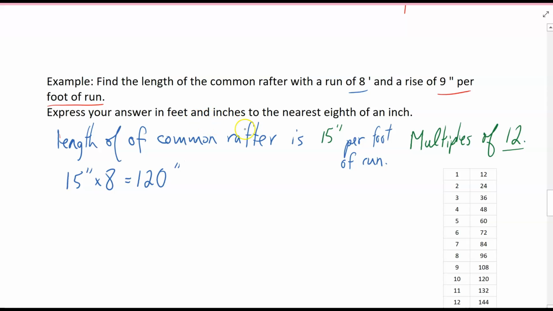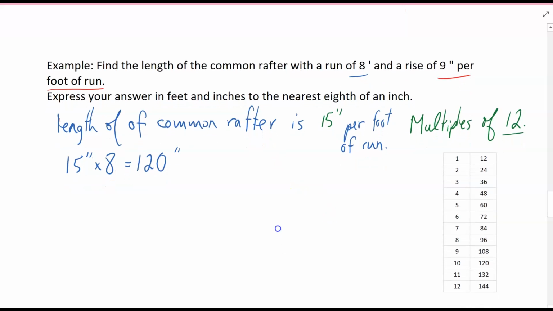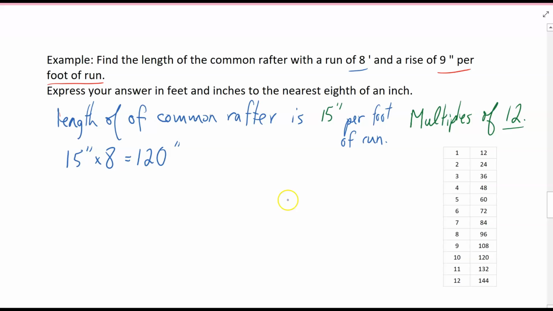We want this in feet and inches. Well, since I want to go first to feet, I will have to divide by 12. And actually, this little table I have here tells me that 10 feet is 120 inches, right? But anyway, let's just follow the same pattern we've been doing. Inches divided by 12 equals 10 feet. And actually, it's completely even. We don't even need to go further. So that one, we got a little bit of a break on. 10 feet even. So 10 feet is the length of the common rafter